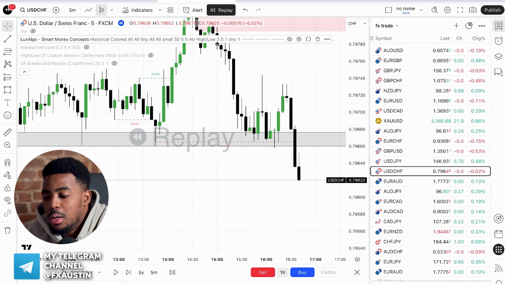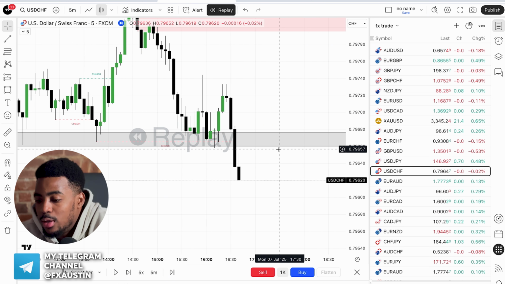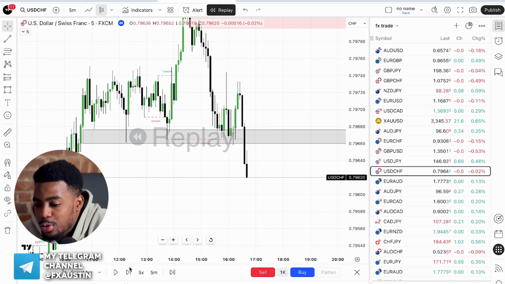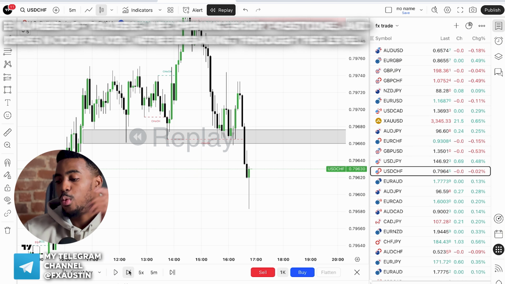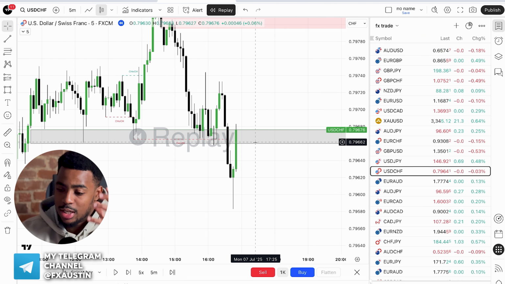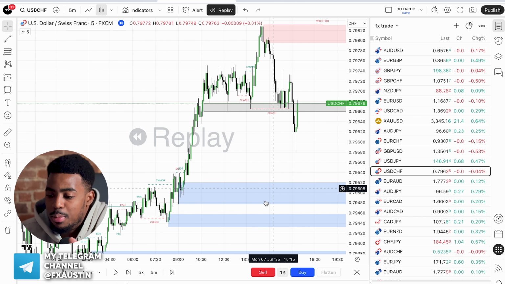You can study smart money concepts from scratch on your own, or you can just use this indicator to understand what this signifies and realize that we are currently witnessing a structural break. A huge number of traders are likely entering short positions right now because we broke the level. We turn to it, and theoretically, we have a breakout plus a retest. There's a lot of liquidity below, and I probably